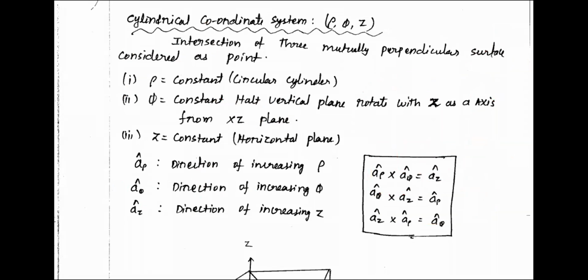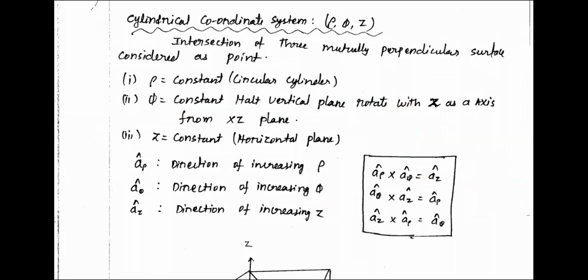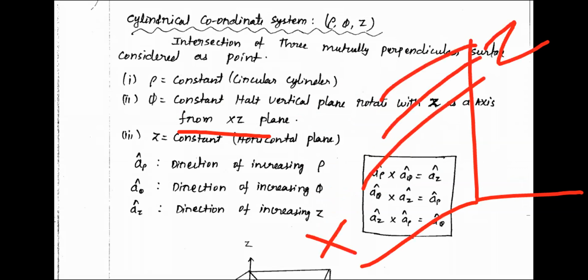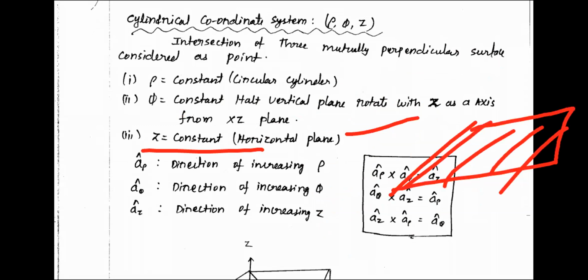Next, phi is equal to constant. They have clearly given that it is a half plane, a semi-infinite plane, rotating about the z axis. The z axis is the base axis for this one. If this is 0 degree, it keeps on rotating in this direction. As you change the angle, this plane keeps on rotating. The base plane is the xz plane, from 0 degree, and from the xz plane it keeps on rotating. Next, z equal to constant. It is a horizontal plane, because once z is constant, you get a plane there. So that is a horizontal plane.